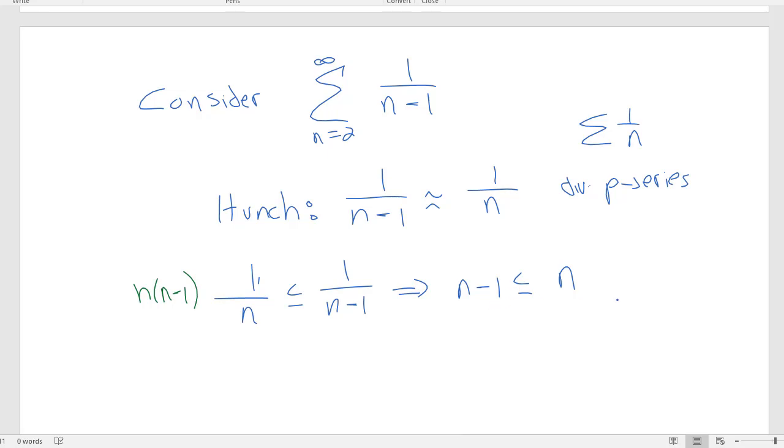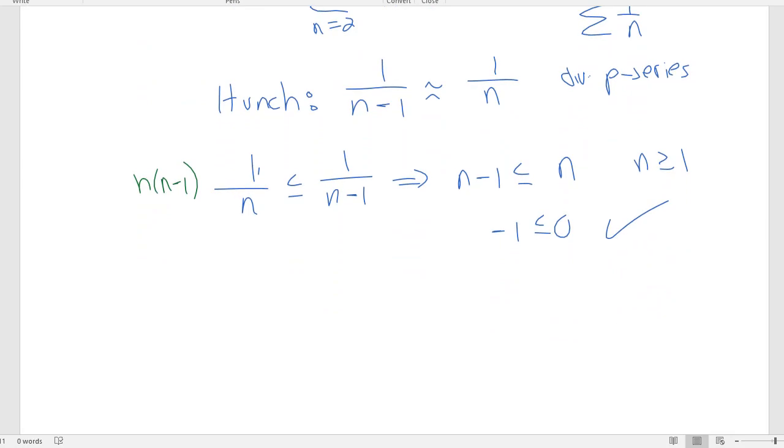Now again, for n greater than or equal to 1, when I subtract 1 from a number, it is smaller. Again, I could think of subtracting n from both sides, and I get to a statement that negative 1 is less than or equal to 0. That's definitely true. So conceptually here, the terms of the series are a little bit bigger. The terms of my series are a little bit bigger than this known divergent series. So when I look at this series,